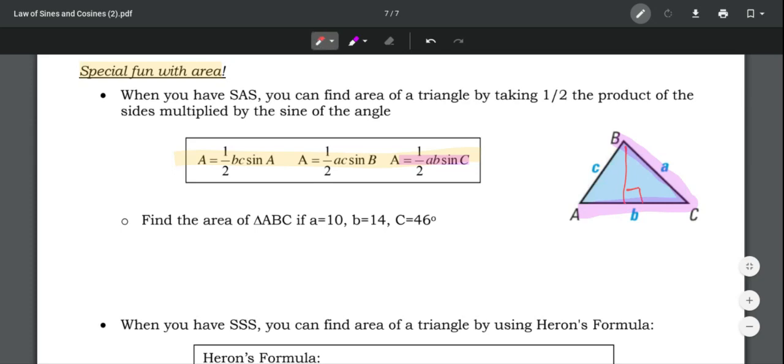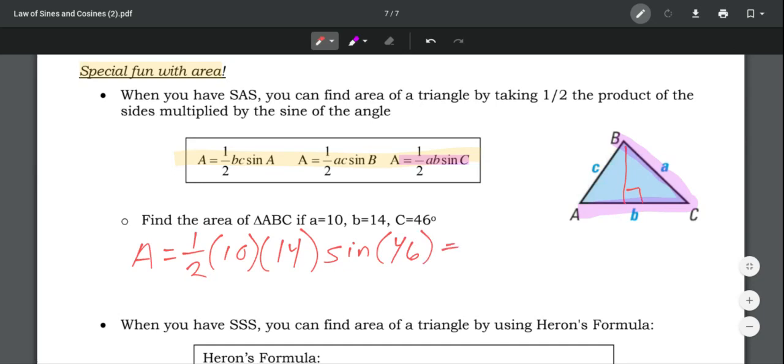So if I come over here, I'm going to say the area will be equivalent to 1/2 times a times b. Well, I'm given a is 10, I'm given b is 14, and I'm given the angle C is 46 degrees. And all I'm going to do, guys, is input that into my calculator: 1/2 times 10 times 14 times sine of 46. If you input that into your calculator, you're going to get the area to be